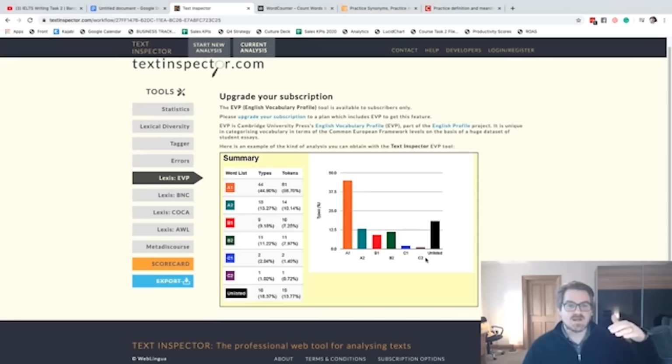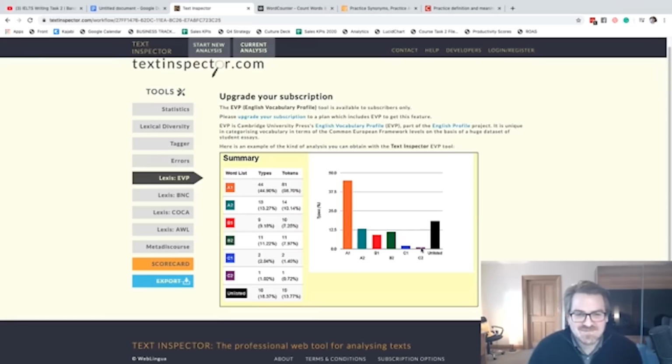Very high level writing, but a very small percentage of the words will actually be high level. A Band 9 essay does not have 100% C2 words in it. How could it? You have to use the word the, a, and simple prepositions. Words like and, for example, will come up again and again and will comprise the bulk of your writing. So this demonstrates that all of those people that are telling you that the key to getting a high score is to use really high level language and only use Band 9 words, they're not actually talking